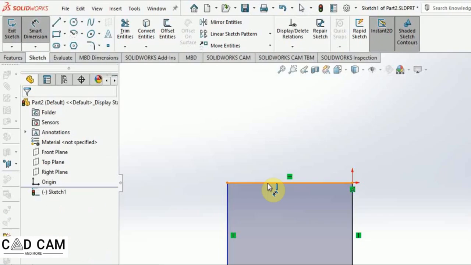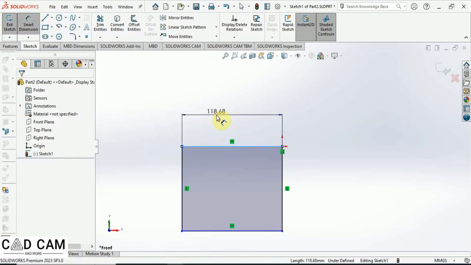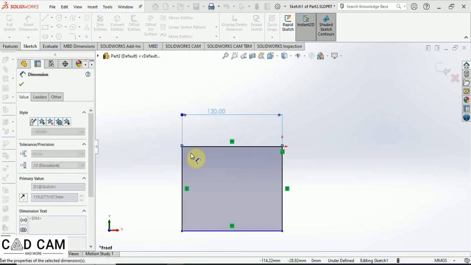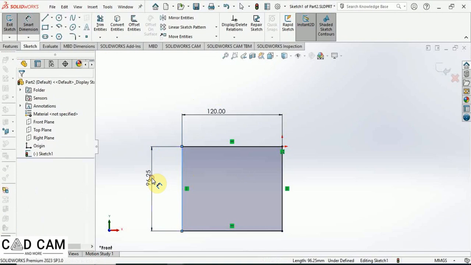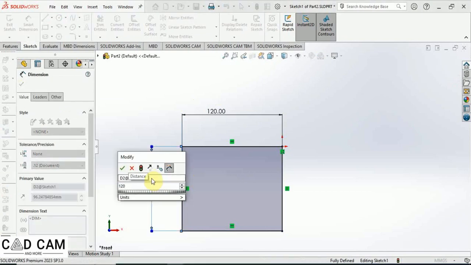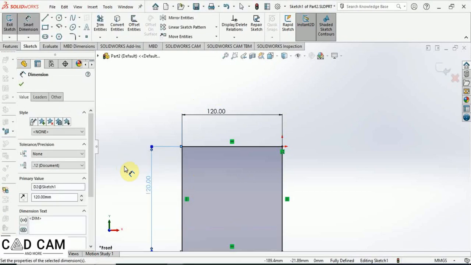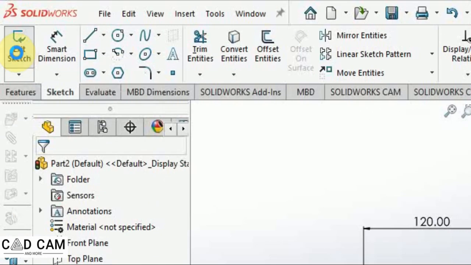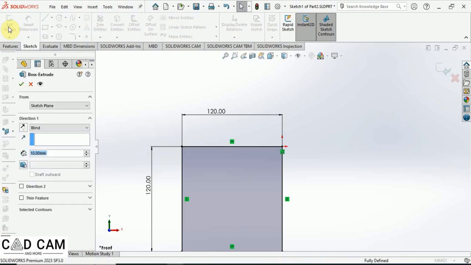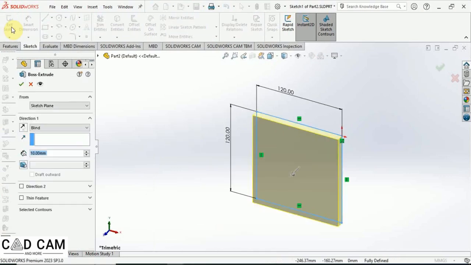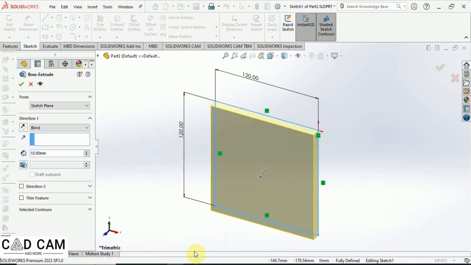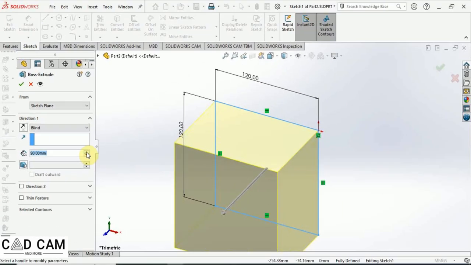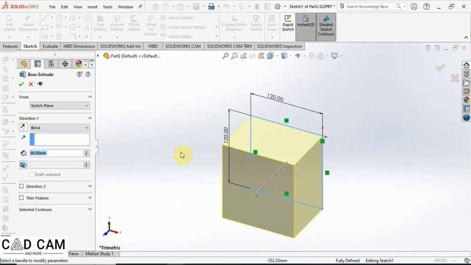With the help of the smart dimensions tool, you can set the dimensions of your rectangle. Set your rectangle's sides length to 120 millimeters, so you will have a square. Hit the exit sketch button to go back to the extruded boss base tool, and then in the property manager window of the extruded boss tool, set the direction to blind and the depth value to 90 millimeters. Okay,